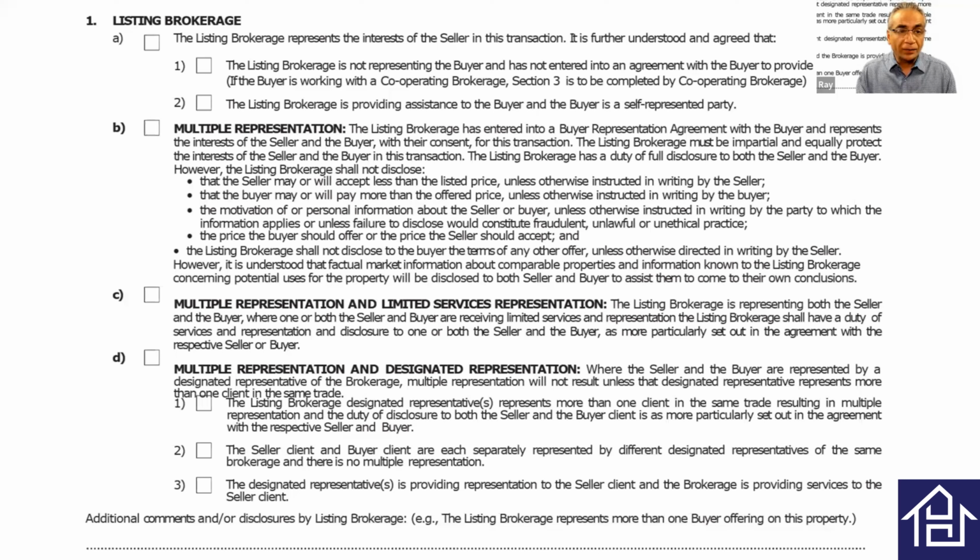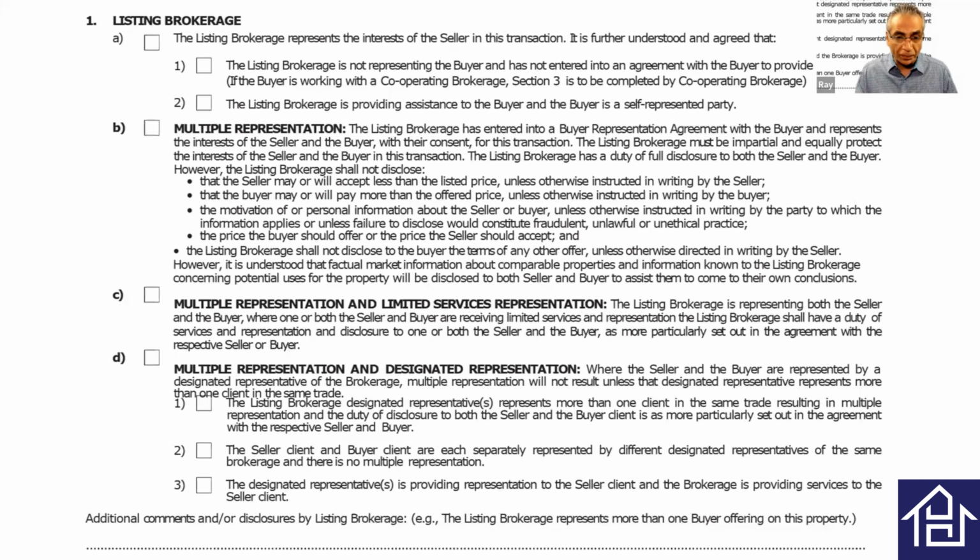Okay. Now, then we get into a multiple representation scenario. So if you are actually representing someone else, then you have to select one of the other options that we have here. Now, the first one talks about multiple representation, but keep in mind that here it says that the listing brokerage has entered into a buyer representation agreement with the buyer and represents the interests of the seller and the buyer. This is when the listing brokerage, and not just the salesperson, but the listing brokerage in whole,